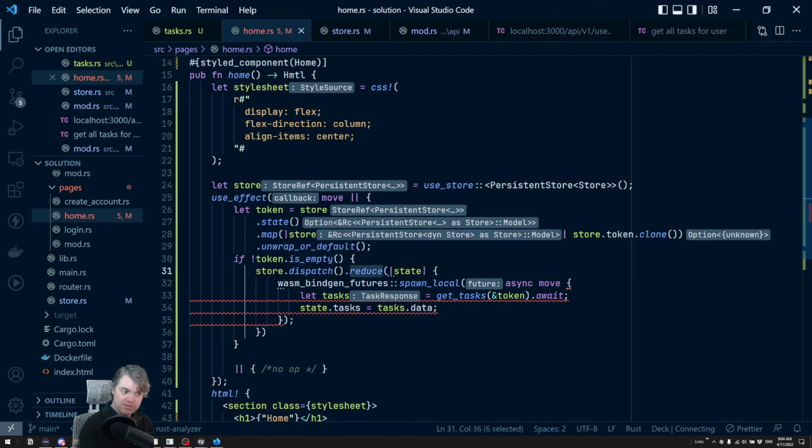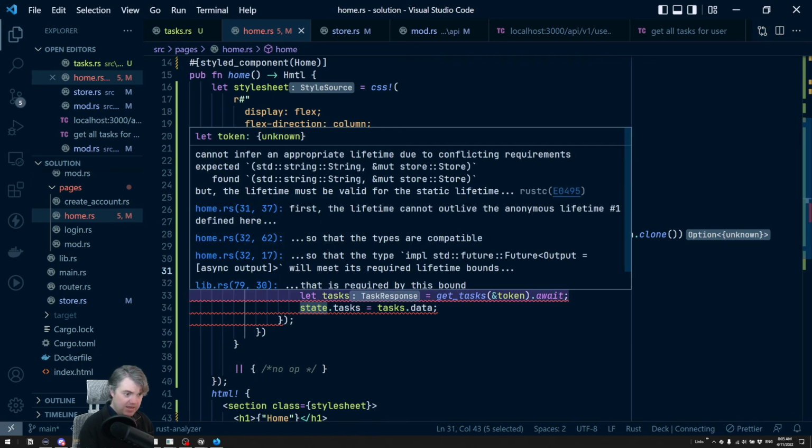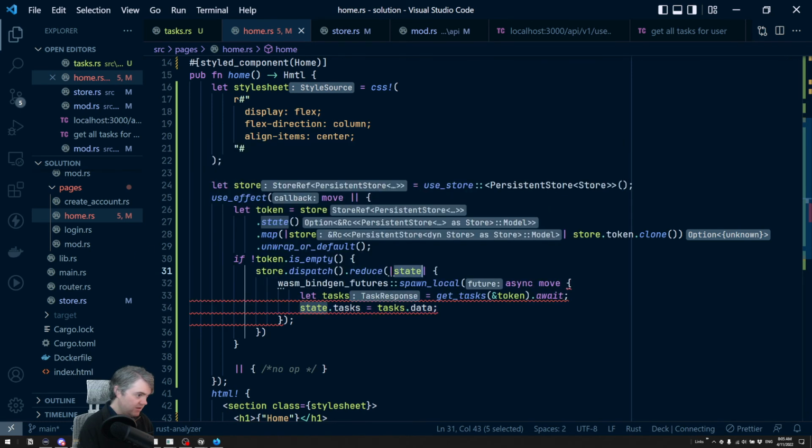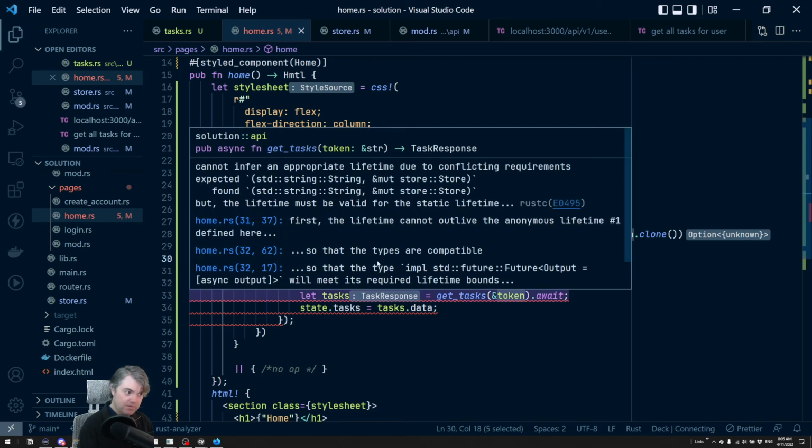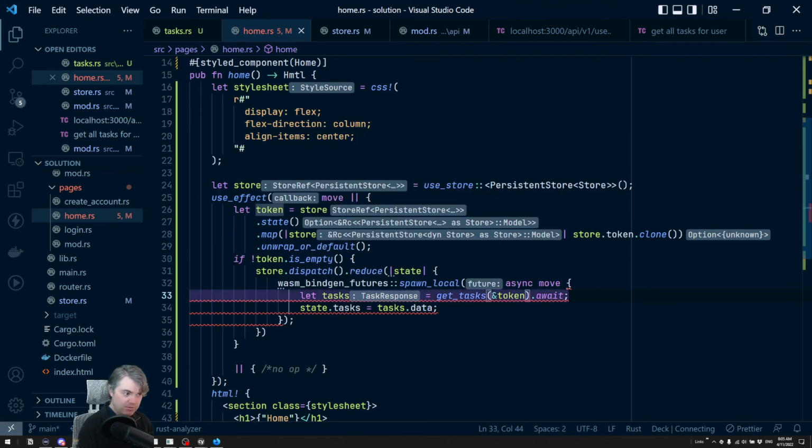Going to reduce, grab this state, which I'm not using that name. Then, okay, so we get the task from here. Now we have this token. I am not, okay, so what is the thing that I'm worried about? It's the store, possibly because it's a reference to this token. I wonder if